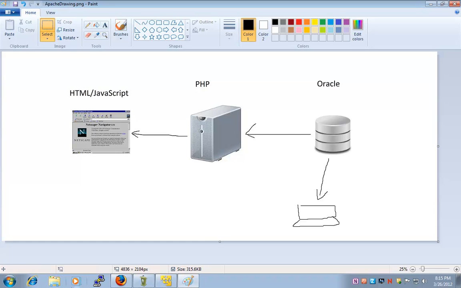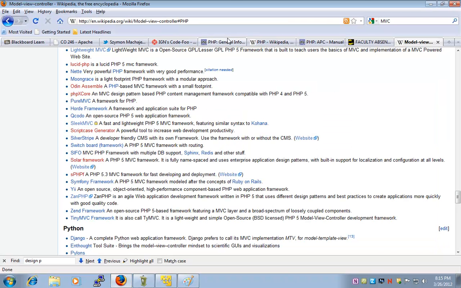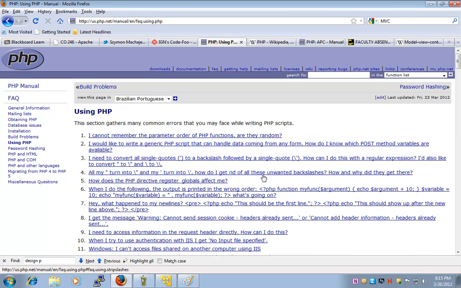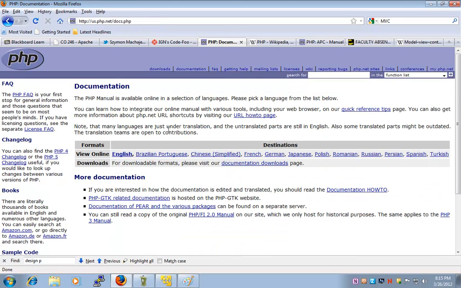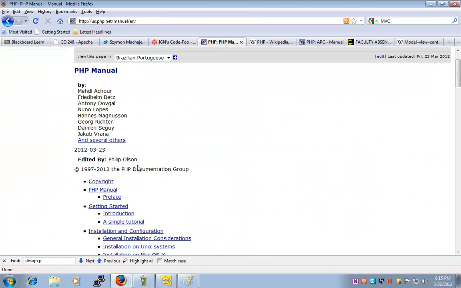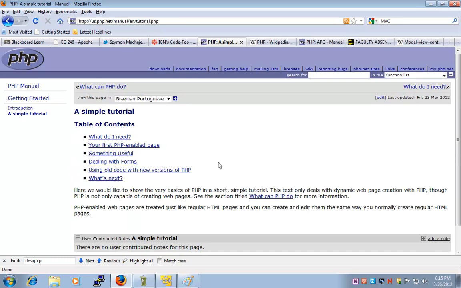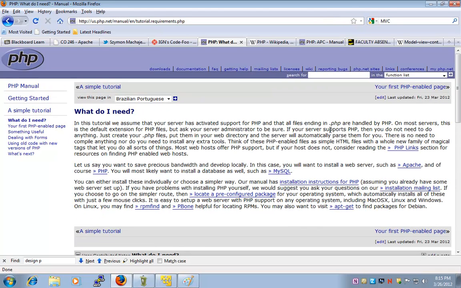Okay, so this takes us back to PHP, and there is a nice startup just in documentation. Let's see, under English there's going to be a manual and a get started simple tutorial. There it is. And part of this simple tutorial, we learned that to run PHP, it's really great to have maybe a database along,